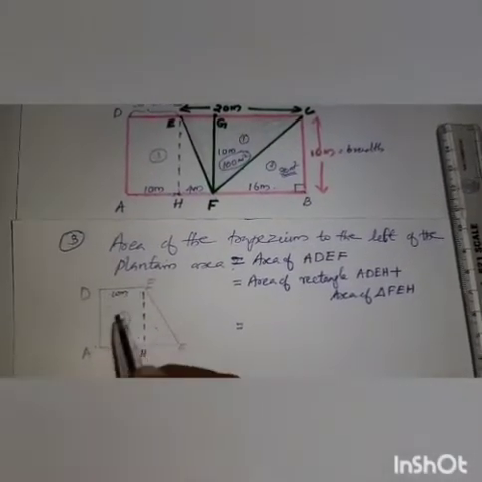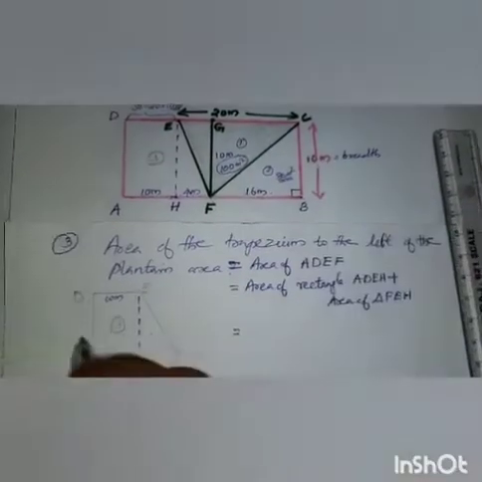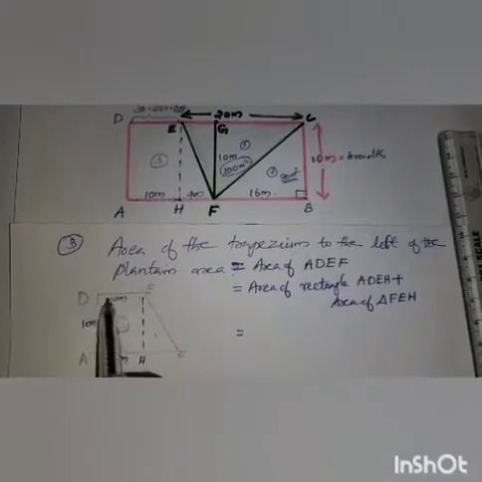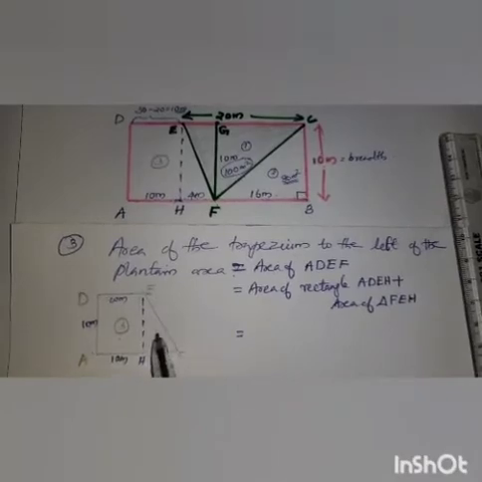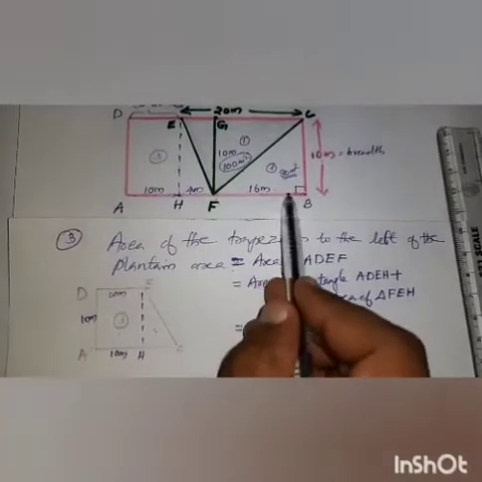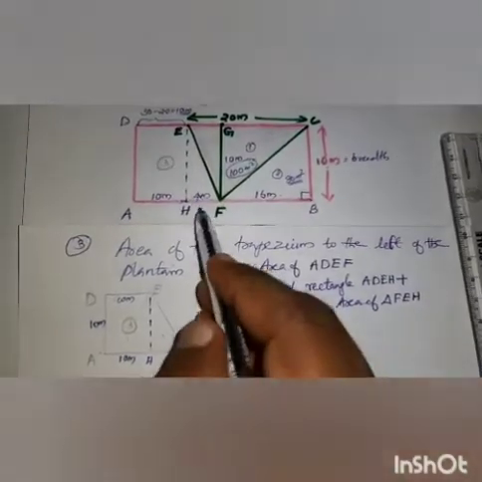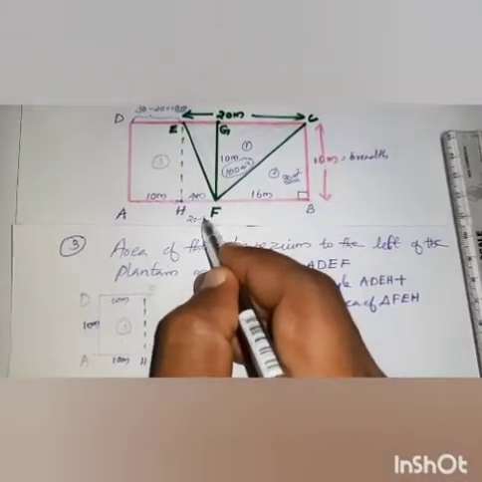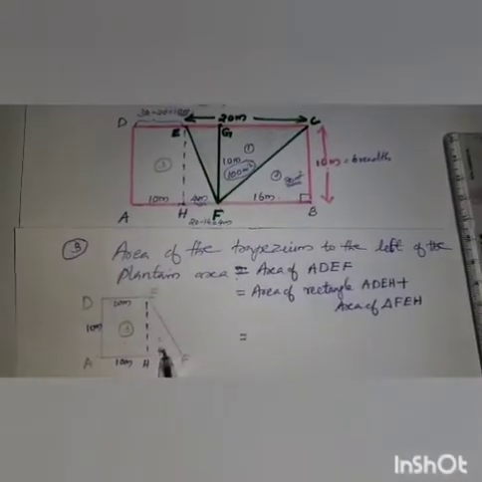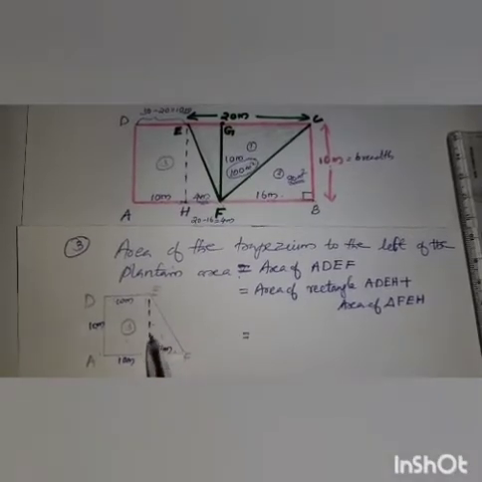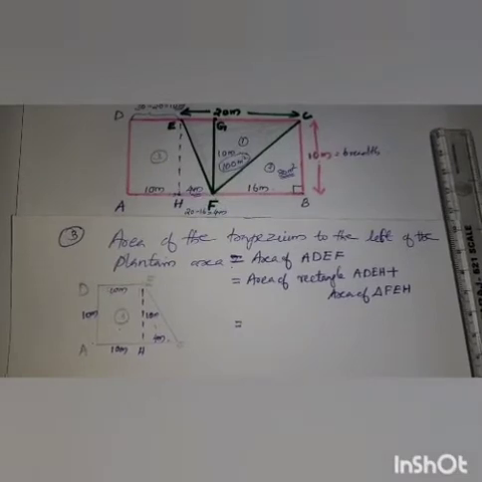Here also 10 meter. What about the breadth of the rectangle? First rectangle 10 meter. So here also 10 meter. So you are getting a rectangle of 10 into 10 meters. Okay. Then a triangle you are getting. This length is 16 and total length is 20 here. So what about here? It is 20 minus 16. You are getting as 4 meter. So this length is 4 meter. What about this one? 10 meter. That is the perpendicular length.